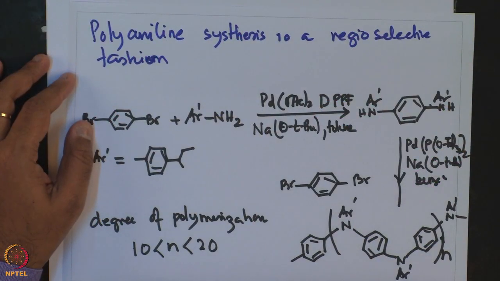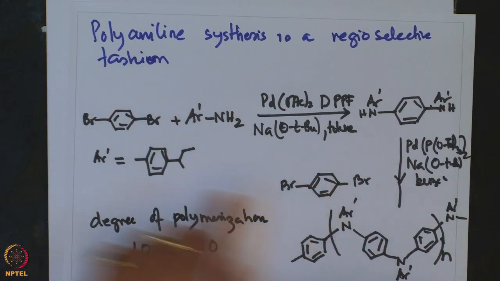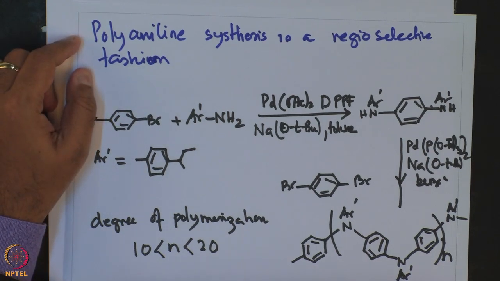The first is a C-N coupling with a palladium catalyst to give the bis amine complexes of arenes, which are subsequently coupled with the dibromo arenes to give the corresponding polyaniline product. The substituents and the fragments may be so chosen that the desired para substituted products can be obtained. The degree of polymerization for this polyaniline is also quite large, as one can see that the value of n can be greater than 10 and